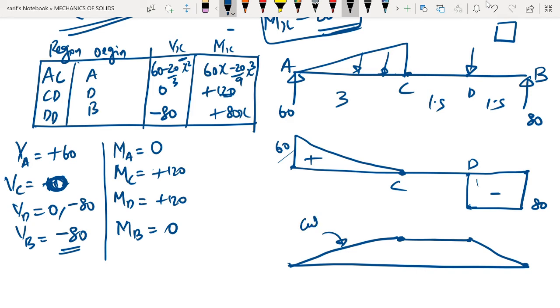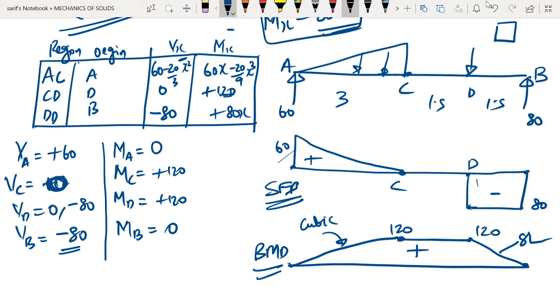Cubic variation is going to look more like a curve. So this is 120, this is also 120, this is a straight line, and this is cubic variation, this is plus. So here you have the bending moment diagram for the particular beam. Okay, so we require a tabulation form like this, and also we need to find out the salient values of bending moment at the salient points. So once we have these two, we are in a position to draw the shear force and bending moment diagram.